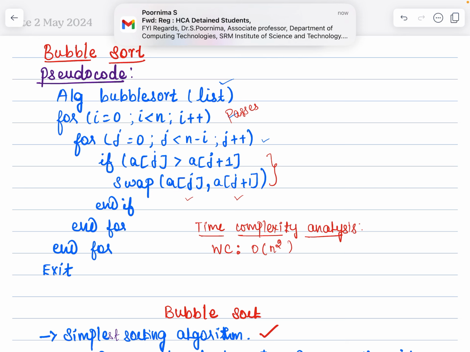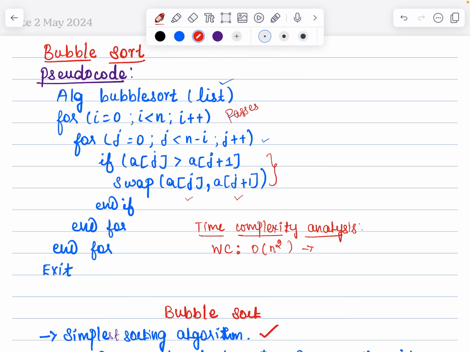Let me tell you how. The worst case scenario is if the elements are sorted in the reverse order. So you want to sort it in the ascending order, but the input array is in a descending order. That is going to be the worst case scenario. It is going to take the maximum number of iterations, which is n square,